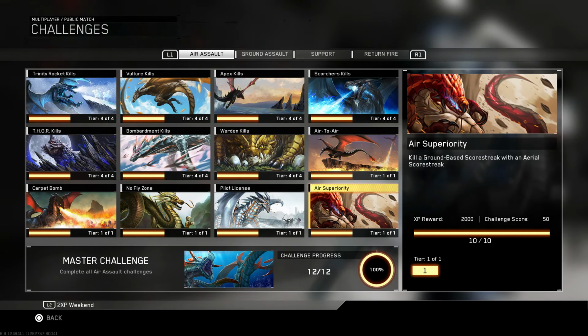One of the most requested Scorestreak challenges I receive is called Air Superiority. Kill a ground-based Scorestreak with an aerial Scorestreak. Despite the description not mentioning it, you actually have to do this a whopping 10 times. It sounds easy enough, but if you're not certain what streaks count, you may be wasting a lot of time